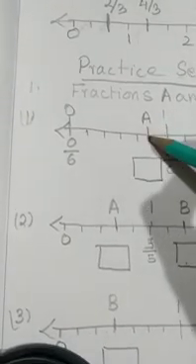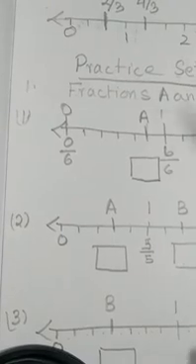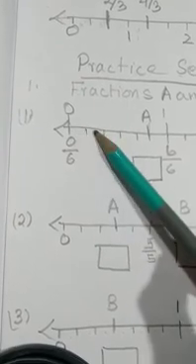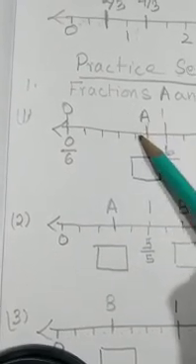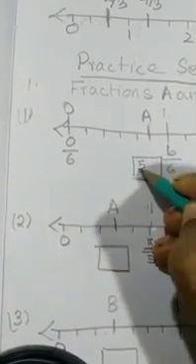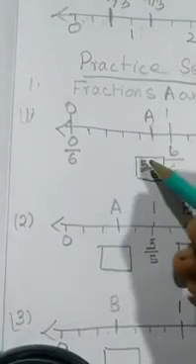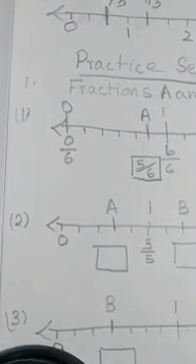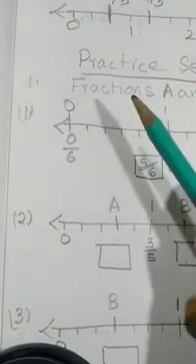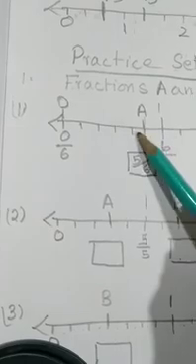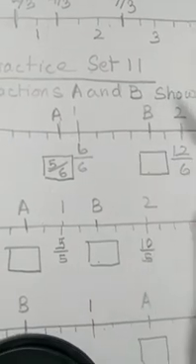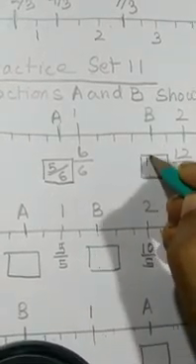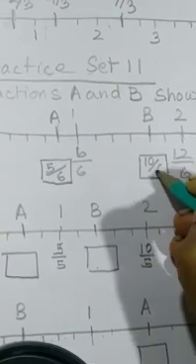First, this is A. This is the point where A is. Now let us see how many parts it is, at what point it is. 1, 2, 3, 4, 5. So the fifth part of the number line is having the point A. That means 5 by 6. Next, B. Let us see. 1, 2, 3, 4, 5, 6, then 7, 8, 9, 10. So for B, you reach the 10th. That means 10 by 6 will be B.